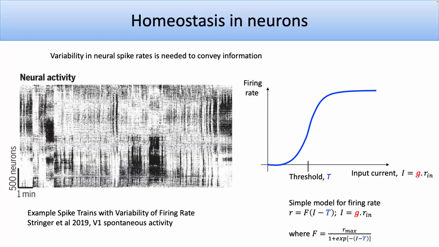Okay, so here we go. Just for those of you who would like a bit of neuroscience background: on the left, on the x-axis is time, on the y-axis are just different example neurons. Black dots are the spikes, and hopefully you just get an idea. Things are variable. I think this was visual cortex, yeah, V1, and this is spontaneous activity, which means probably in the dark. I don't know, the animal's effectively dreaming or something, but basically, without any change in input, even neural activity in a circuit is just jumping around.